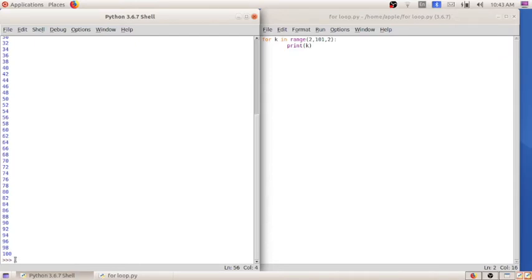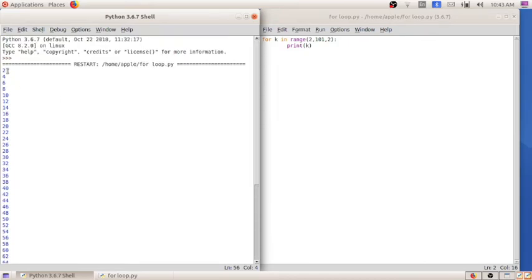Why does 100 get printed? Because 100 is also an even number. A difference of 2 means you can see here 4 minus 2 is 2, 6 minus 4 is 2, 8 minus 6 is 2. That is the difference of 2, and the other thing you can observe is that all are even numbers. Okay, so this is the program.